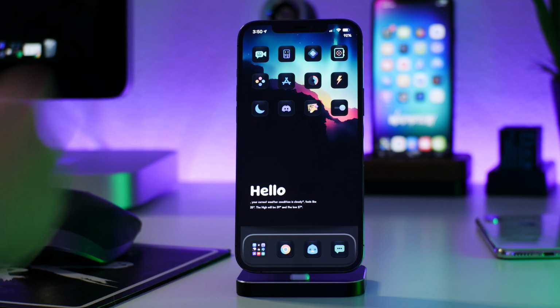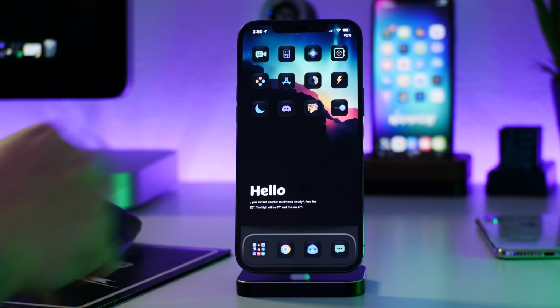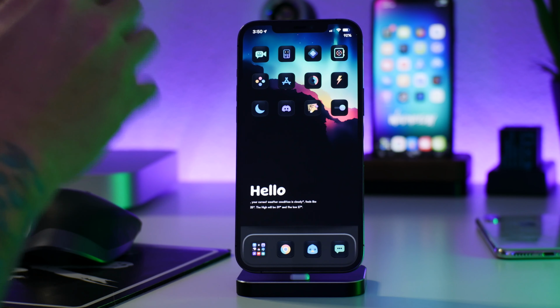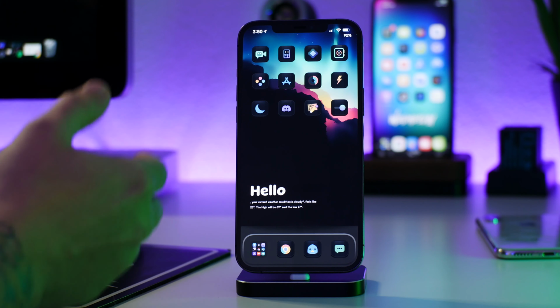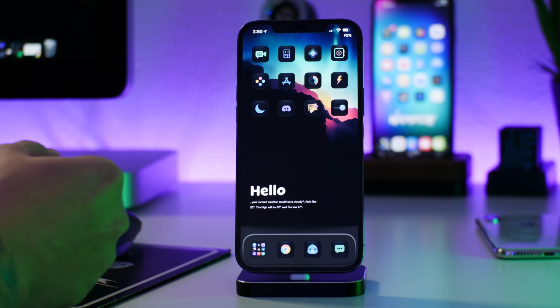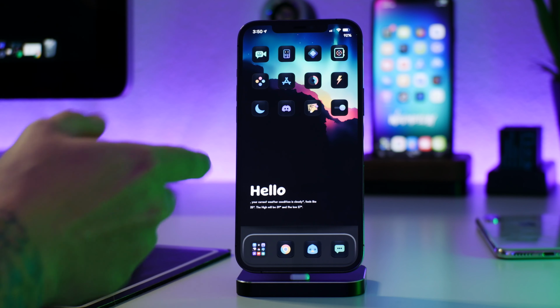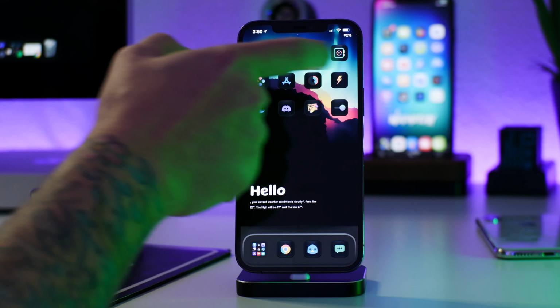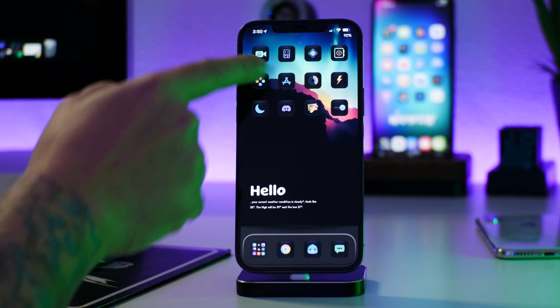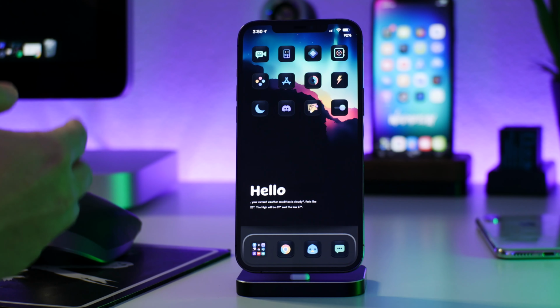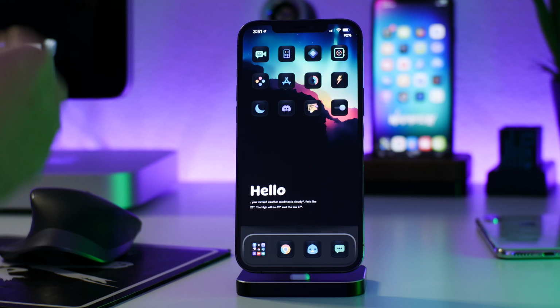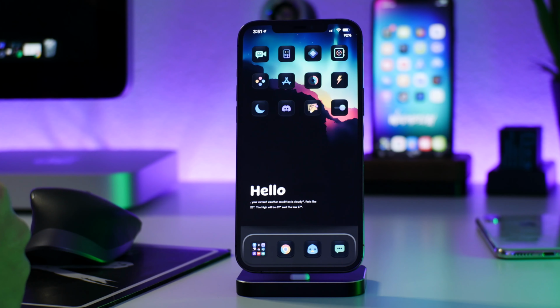So I'm going to show you guys a cool application that's going to allow you to put blank icons onto your home screen. Now, I actually forgot I had this app and I haven't used it in a long time. In my last live stream, I ended up using it because I wanted a row of icons to be invisible on the top, so it pushes these 3 rows down, and I thought it was really cool looking. So like I said, I'm going to show you guys how to do that, how to put blank icons onto